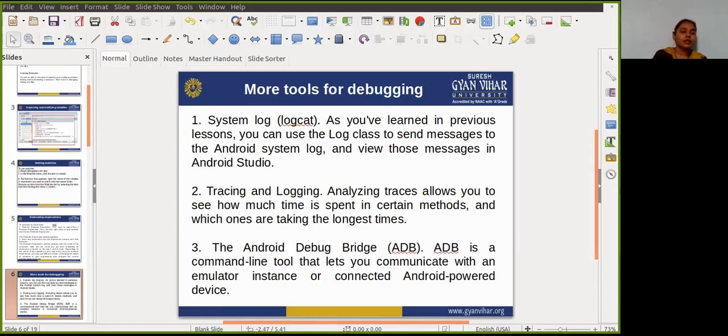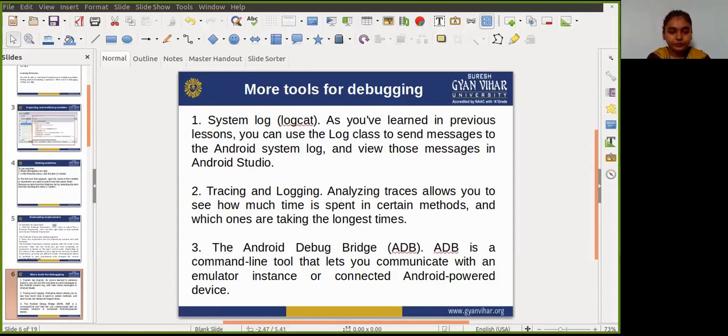Next one is tracing and logging. Analyzing traces allows you to see how much time is spent in certain methods, and which one is taking the longest time. To create the trace file, first include the Debug class and call the startMethodTracing method.